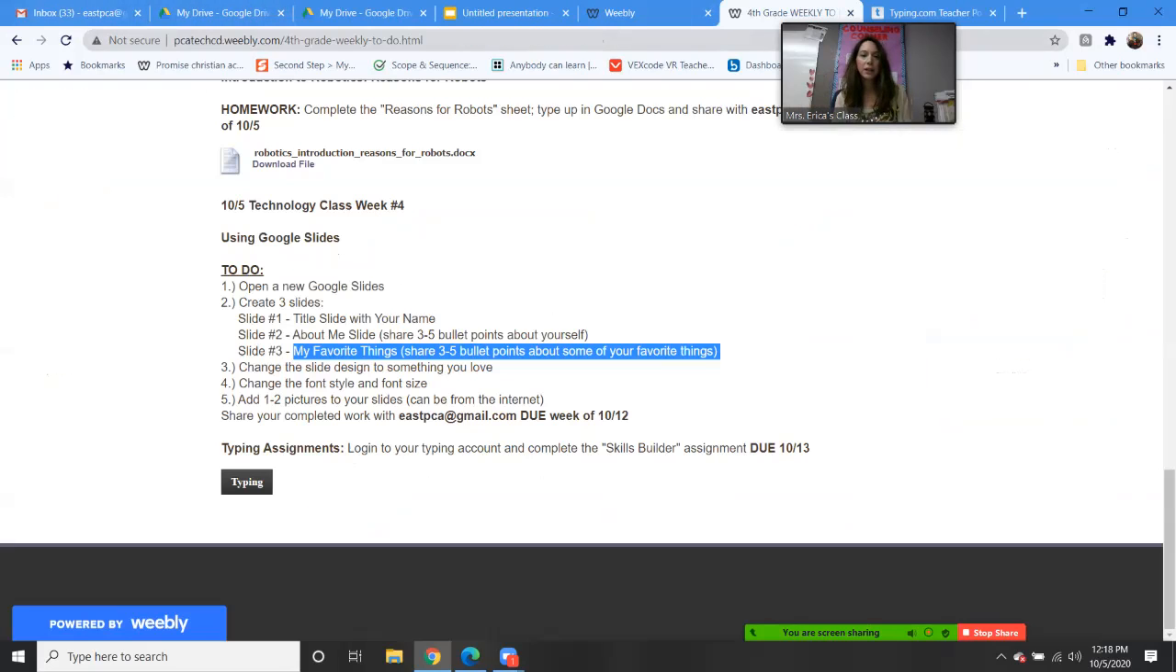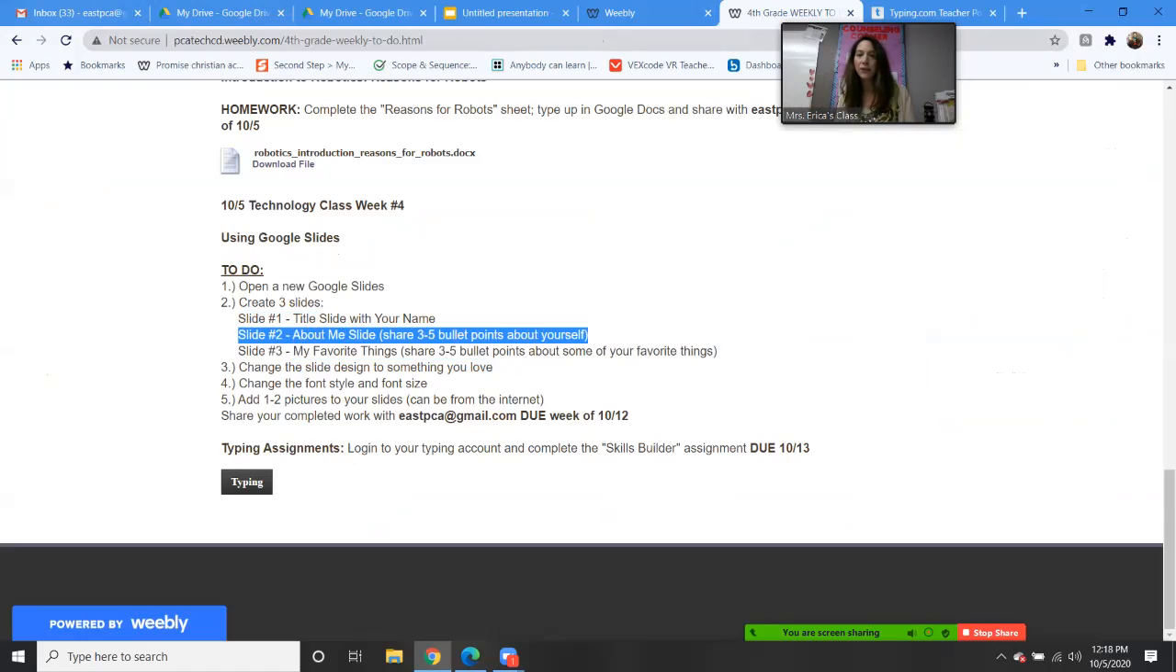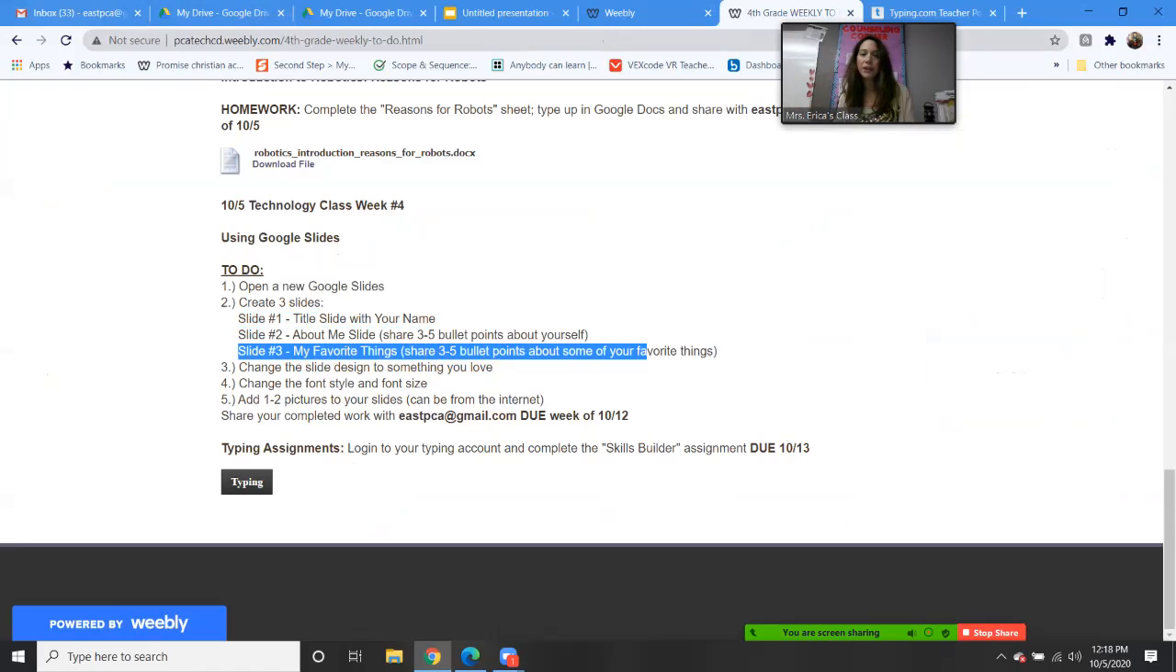So they are on the weekly to do. You have your slide 1, which is your title slide that has your name. And then your slide 2 is your about me slide. So you're telling us about 3 to 5 things about you. And then your slide 3 is your favorite things, 3 to 5 things that you really love. And then you're changing your slide design, font style and size, and you're adding at least 1 to 2 pictures,